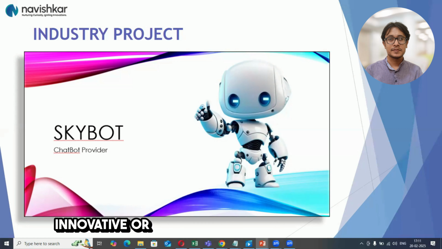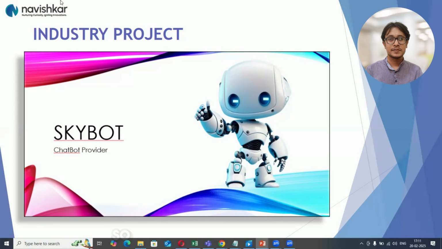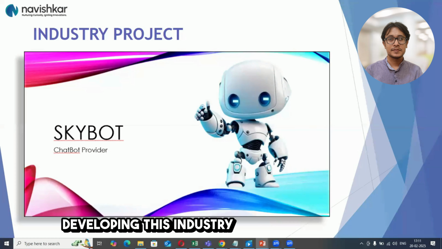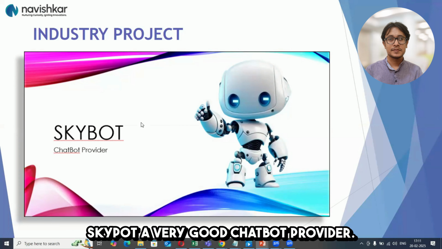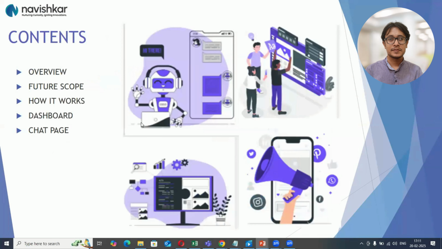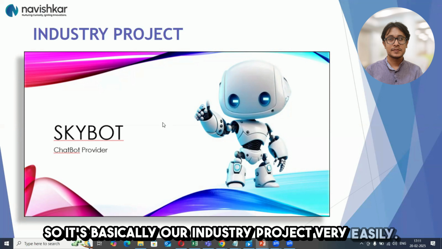innovative और crazy bot को बनाना है, real world application में आप सबको बनाना है। So our company is developing this industry project और हमारा नाम है Skybot, a very good chatbot provider। यहाँ भी आप देख सकते हैं बहुत सारे एक्टिविटीज हैं। So it's basically our industry project। आप भी ऐसे चैटबॉट्स को बना सकते हैं वेरी इजीली।